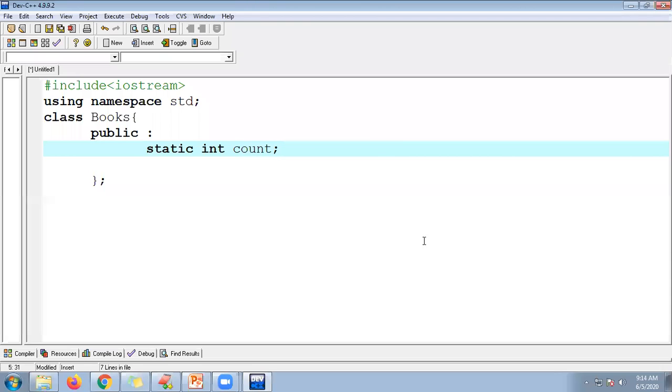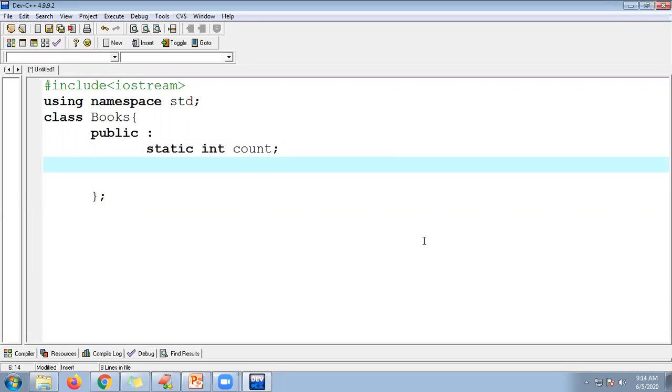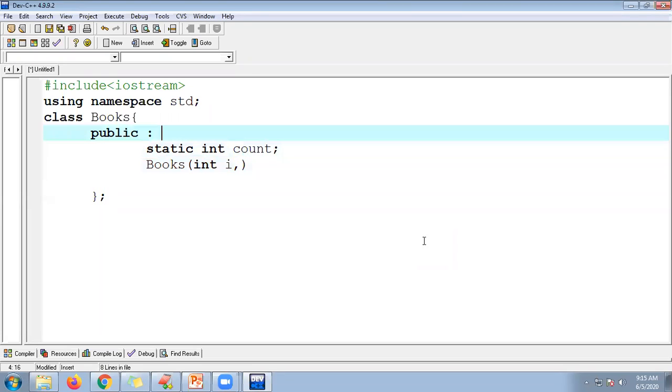I want to check the count again. So guys, I'm using here Books, the class. I need to assign book ID, integer ISBN. So I need ISBN, then book name, then price, then author. These are the attributes of a book.